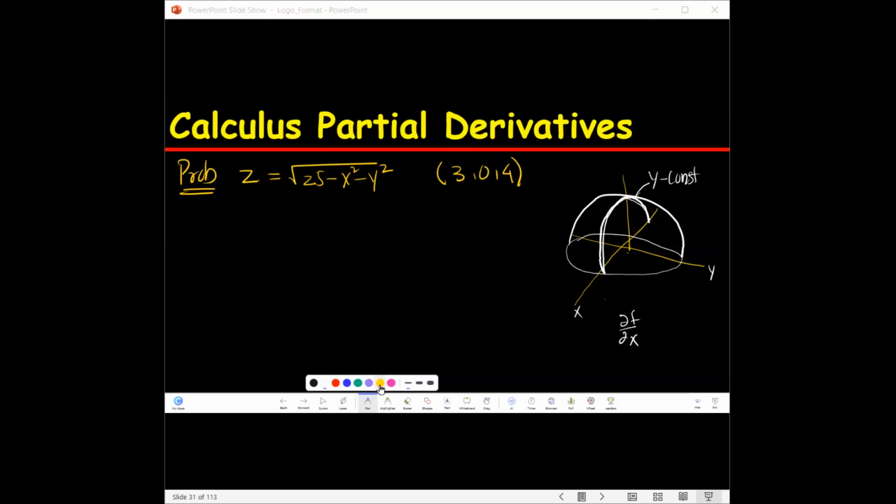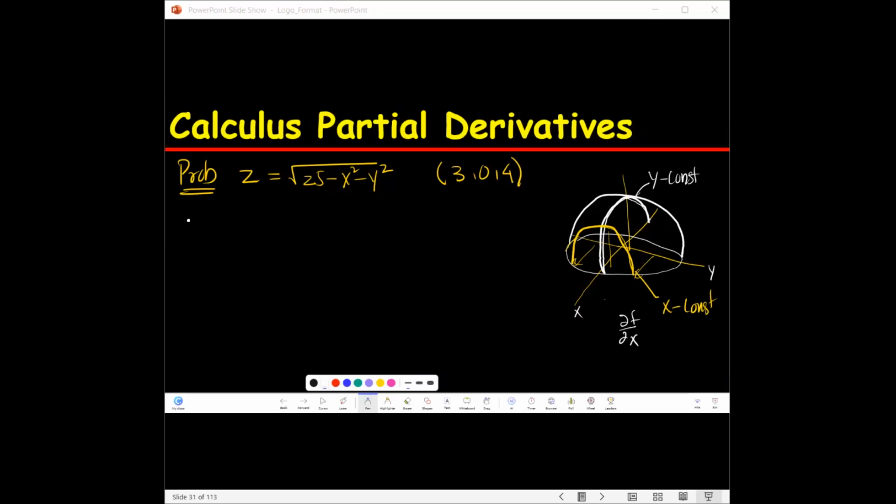Same thing if I want to make a line where x is constant, it's going to look like pretty much a slice coming from this way to this way. And in this line, x is constant. Right? So the value of x from here to there is constant. If I make the projection from here to there, it is constant everywhere. So I'm going to be taking